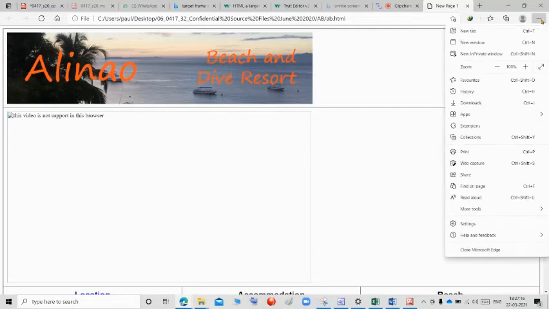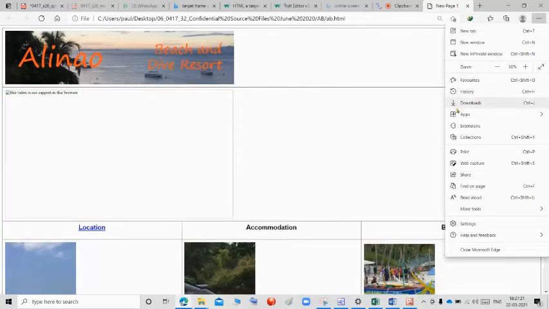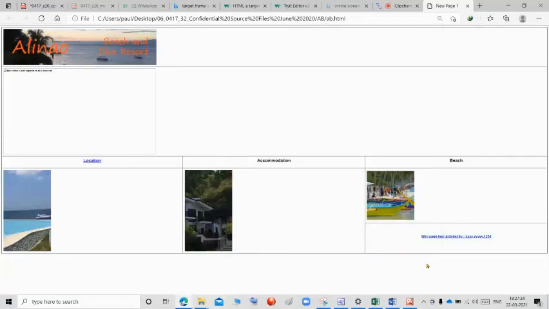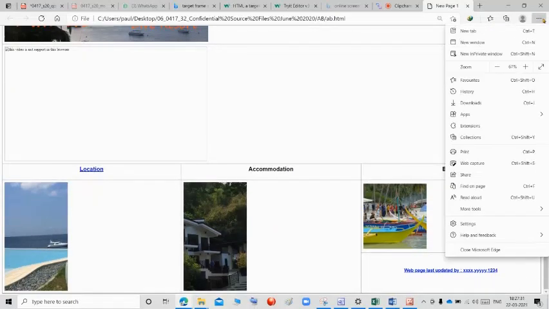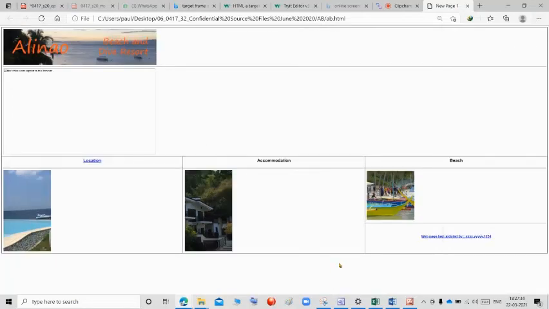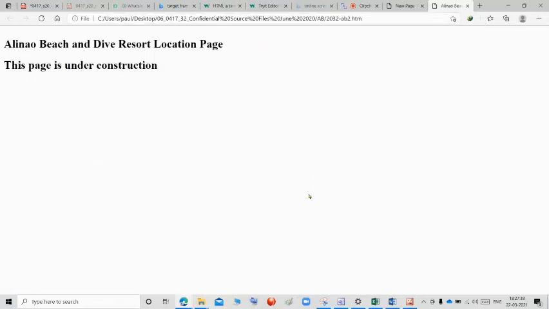If you want to make it fit in a page, make this 50. Now it is visible. Otherwise, you can make 67 as two pages. Make it 50. So if you click this location, it will redirect to another page. This is the default target window. If you click this, it will also move to another web page, another window.